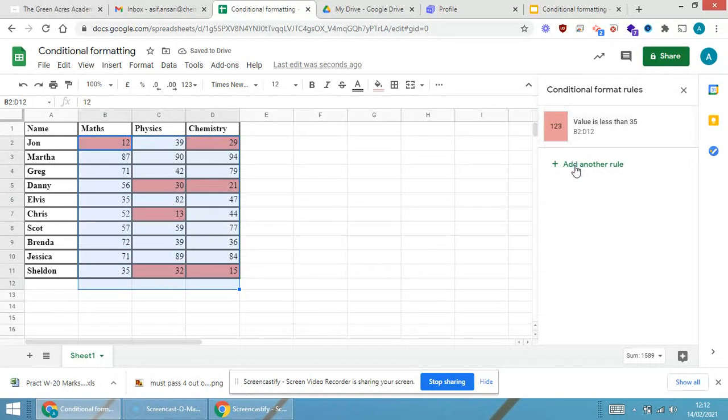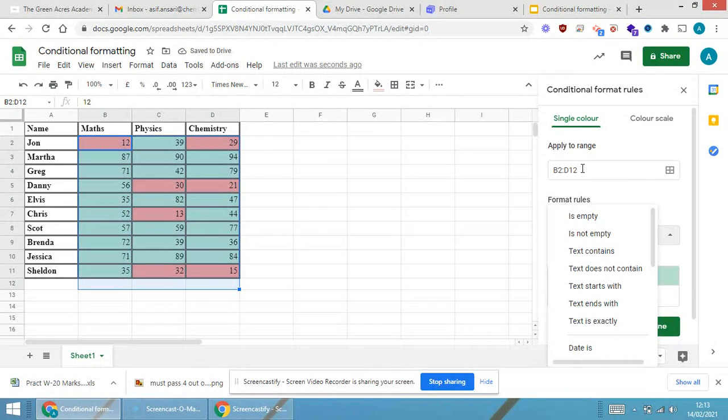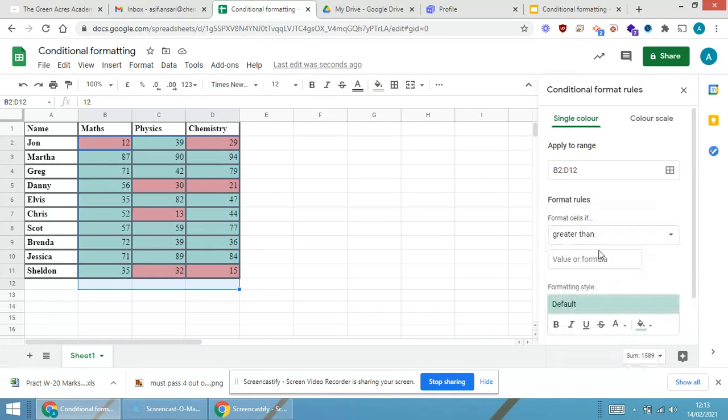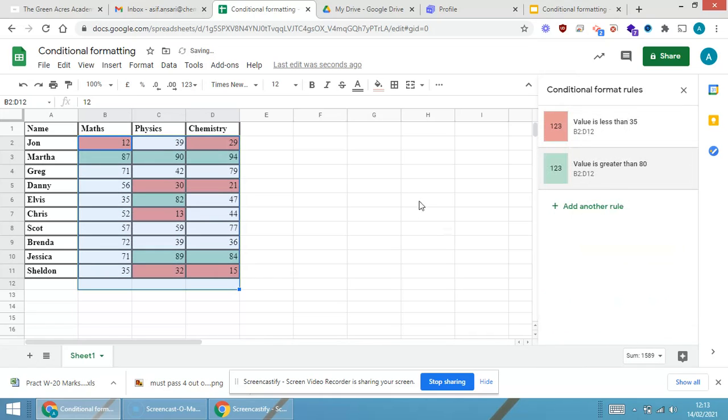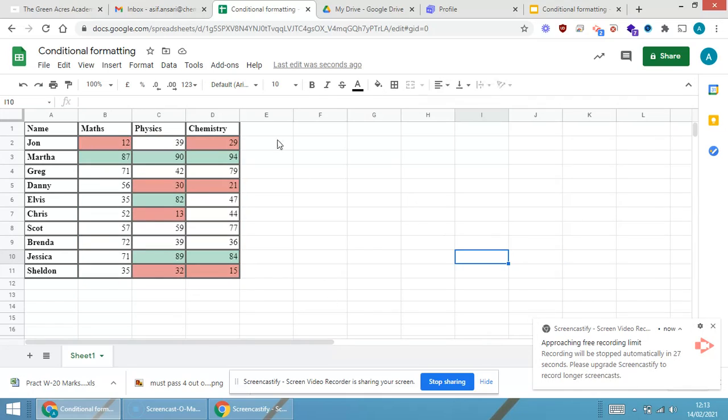If you want to add another rule, again the same cell is selected, B2 to D2. If it is greater than what, 80, just select on done. So you have applied the conditional formatting and your table is ready for less than as well as for more than type.